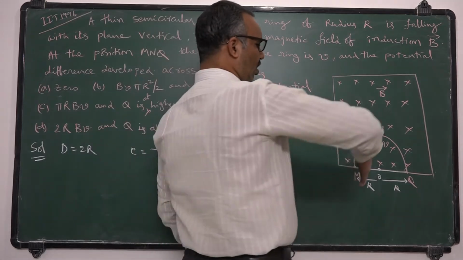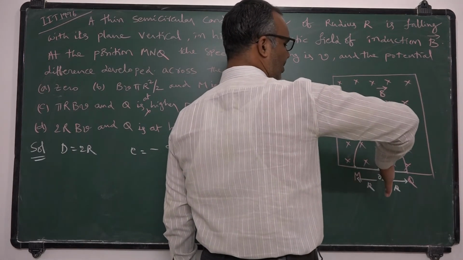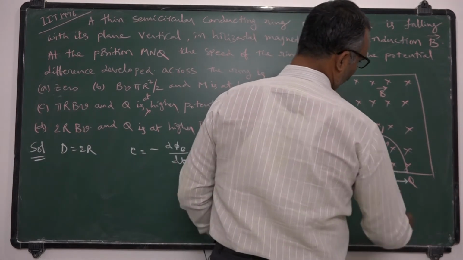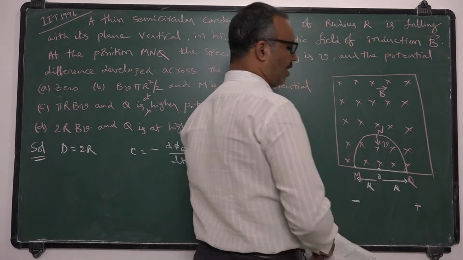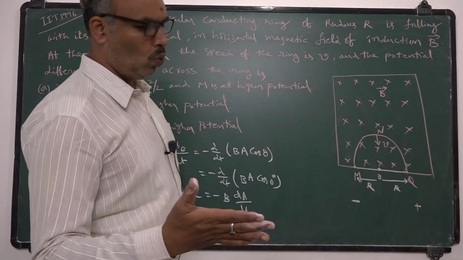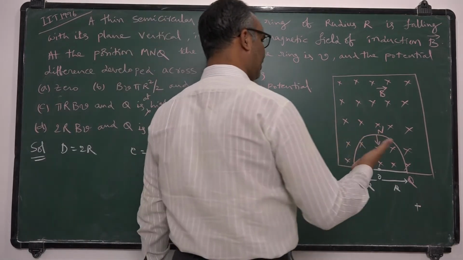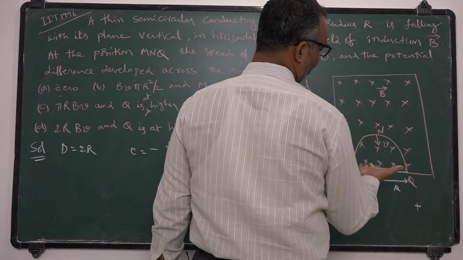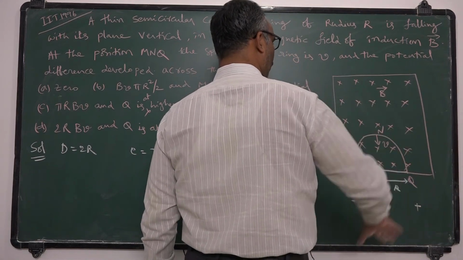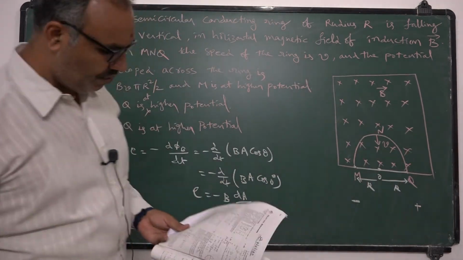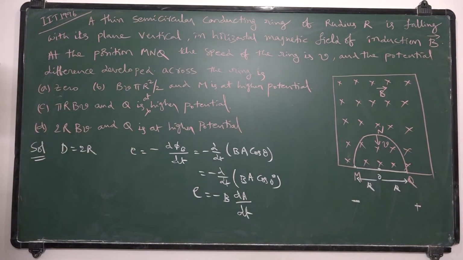So as it is falling down, Q is at higher potential, Q will get positive potential and M will get negative potential as per the right hand palm rule. When we stretch the fingers in the direction of magnetic field and thumb in the direction of velocity, Q will be at higher potential, M will be at lower potential, and the EMF developed,